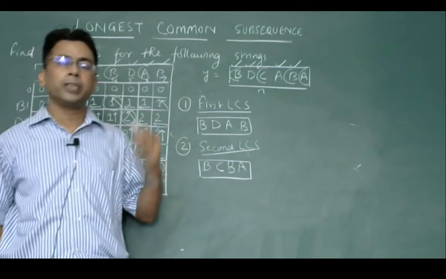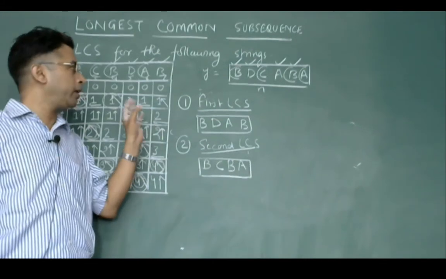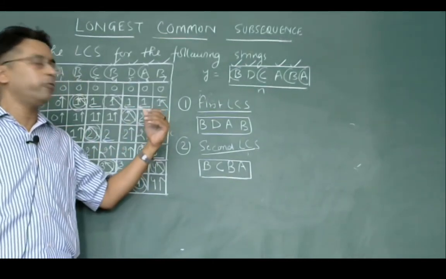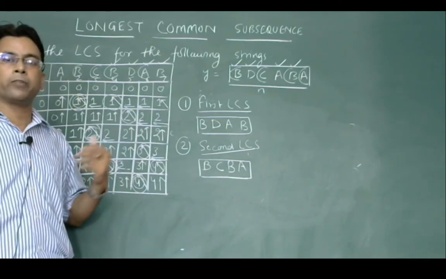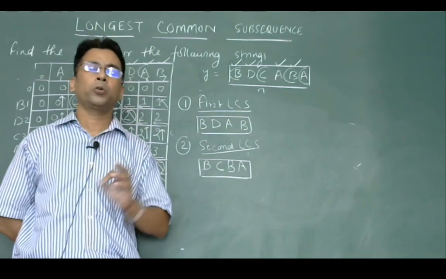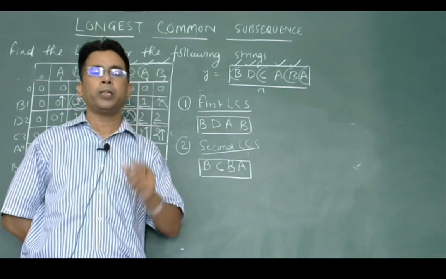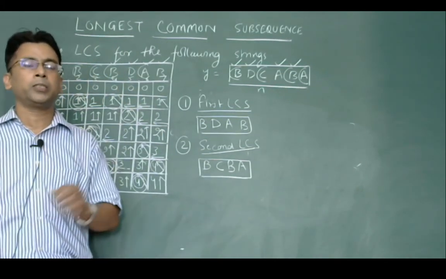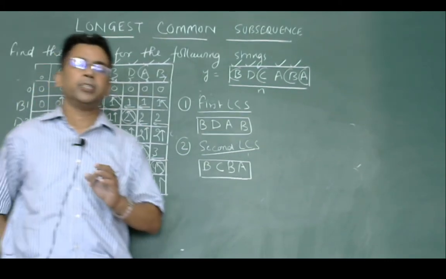In the diagram, we compare the left element and the element just above it, and we place the value which is greater there, and we mark the arrow towards the greater value. If both values are equal, then the arrow is in upward direction. So that's all about the longest common subsequence. This is used in genetic engineering.